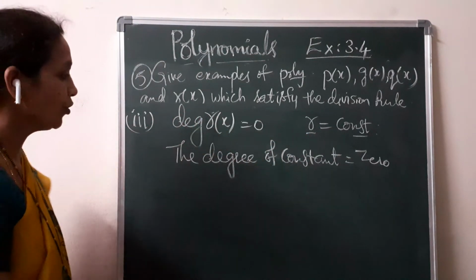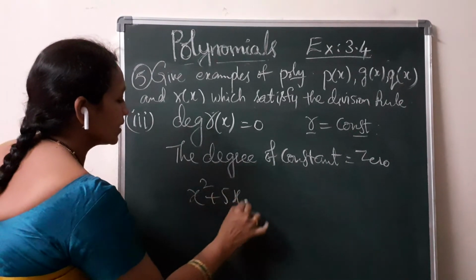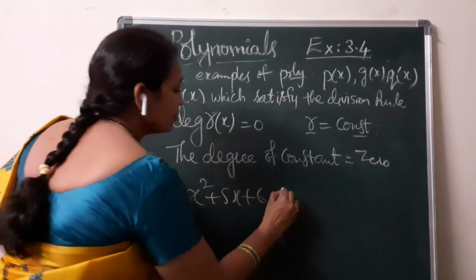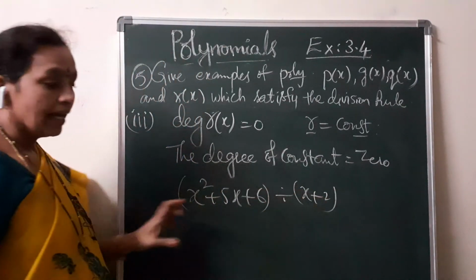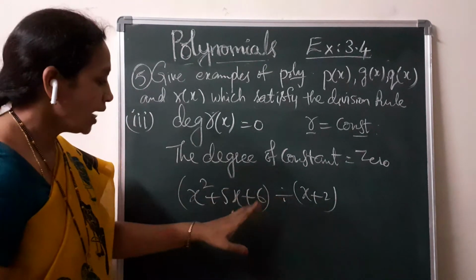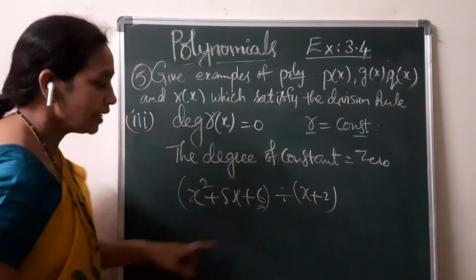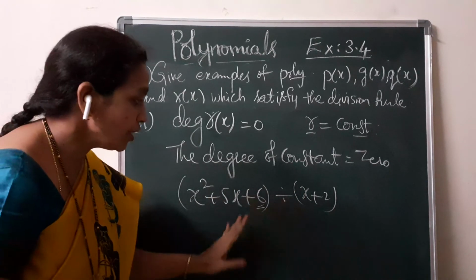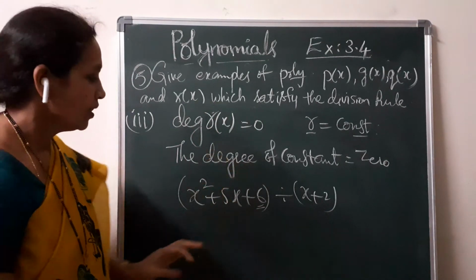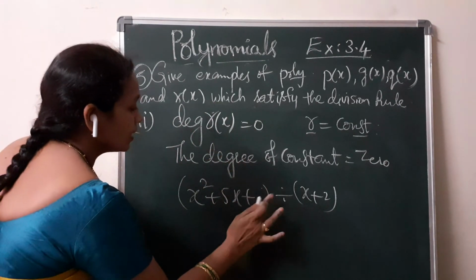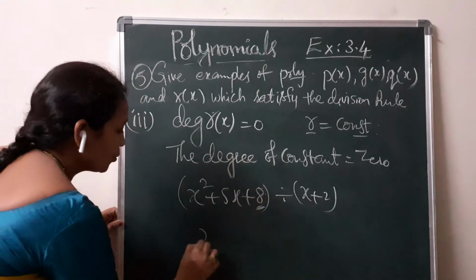Like that you have to assume. Simply take, suppose, x square plus 5x plus 6 is exactly divisible by x plus 2. This is a factor of this. In this case, what I am going to do is change the constant term. If I do it like this, you will get remainder 0. If you get remainder 0, the condition is not satisfied. The remainder must be a constant. That's why I will change the constant to some 8 or 9 or something, so that I can divide and show it to you.